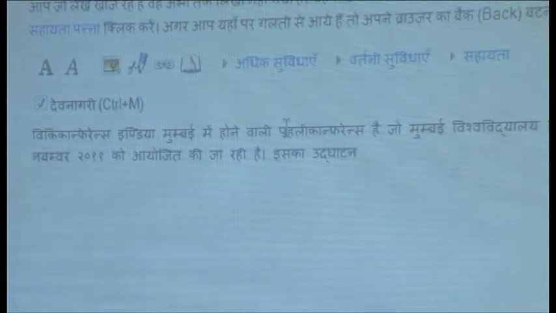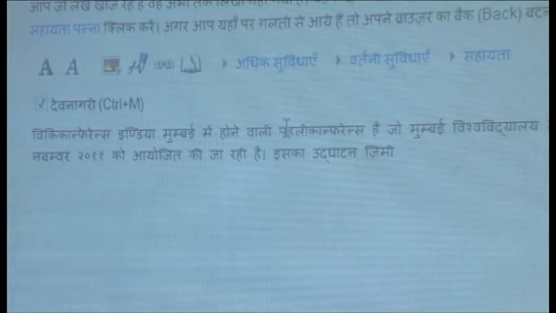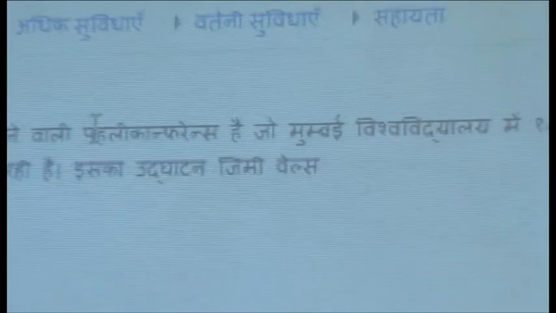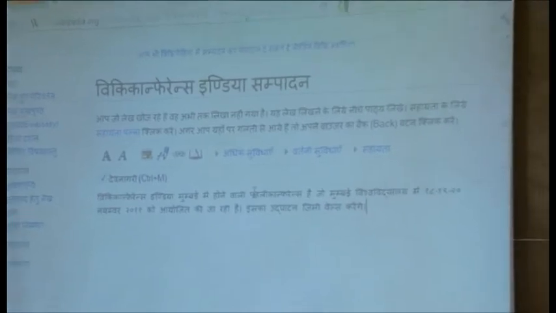We will just create a small article just for the demonstration. Jimmy Wales. Okay, this is fine. Thank you. Thanks a lot. So we have here the first text for this article.